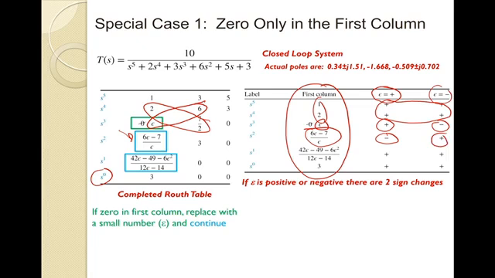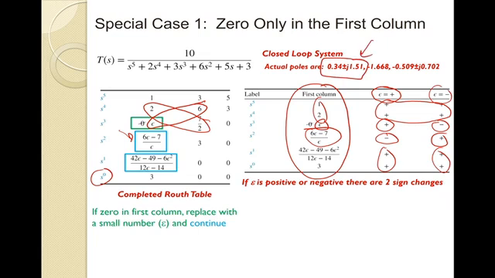So essentially, I can stop right there. For either case, I've just seen a sign change. I know right off the bat the system's unstable. But I want to see maybe how many right half plane poles, so I can continue down, and then we'll see the remaining characteristics here. So in either case, if epsilon is positive or negative, there's going to be 2 sign changes. So I have those 2 right half plane zeros, which we've already identified right here, and the system is going